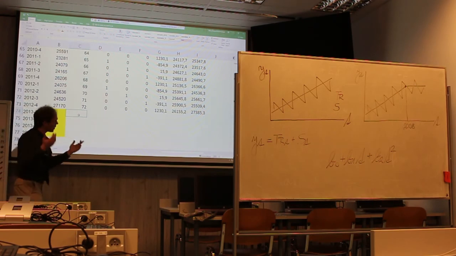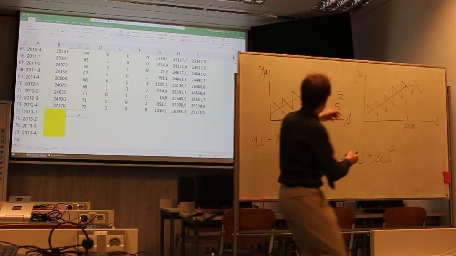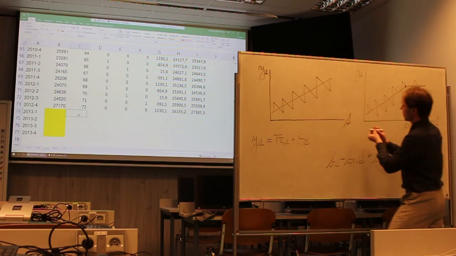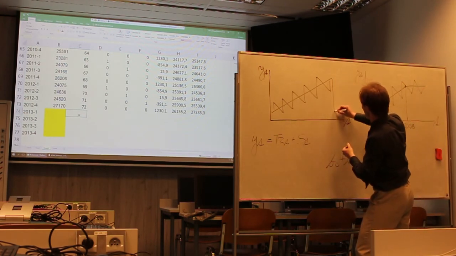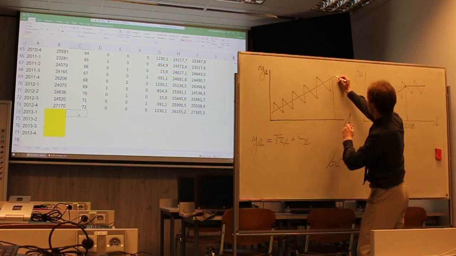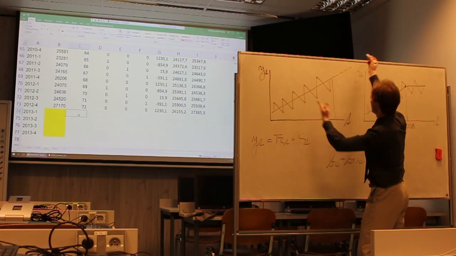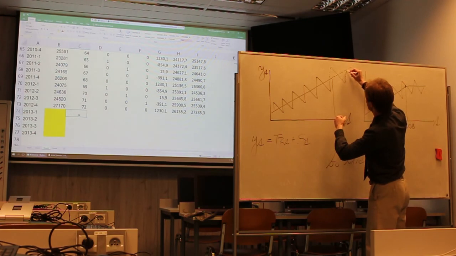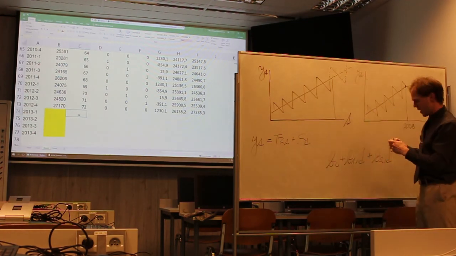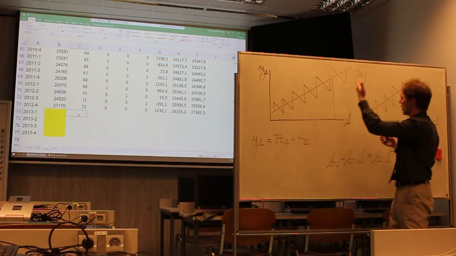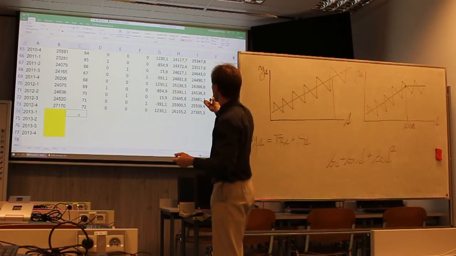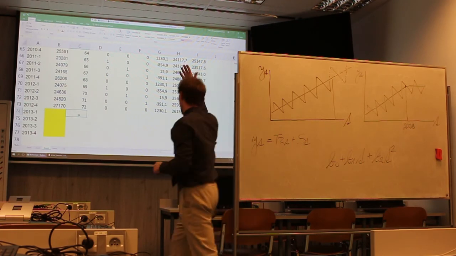But according to our model, there is the end of observation, and we are able to extrapolate the trend, and we are able to extrapolate the seasonality, because we have the basic idea about development, we have estimated parameters, so we know